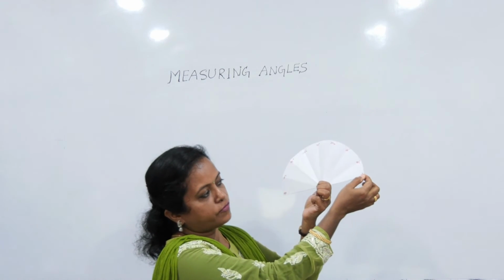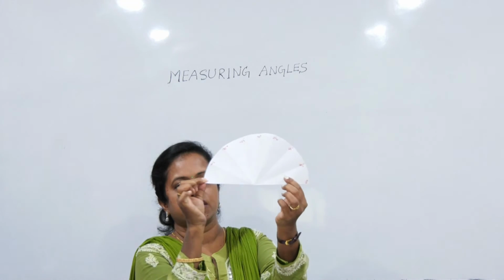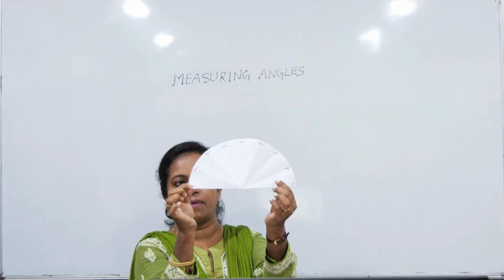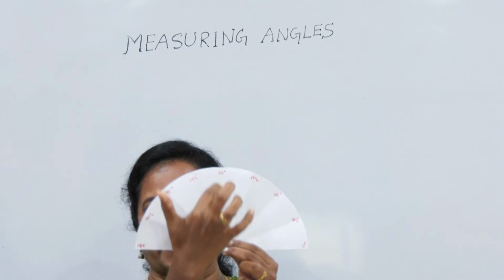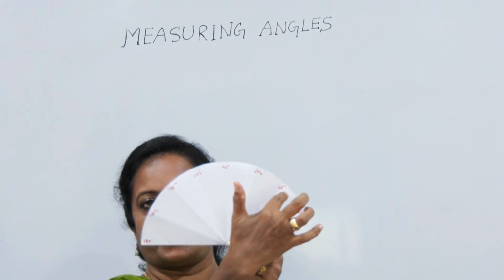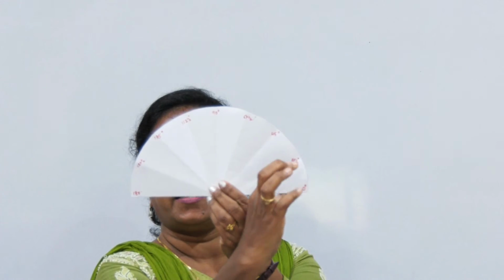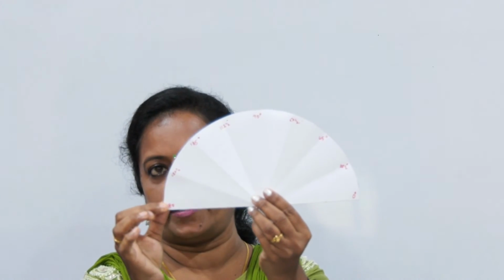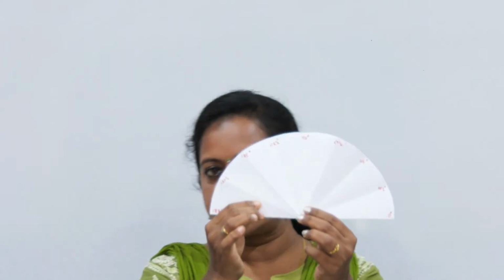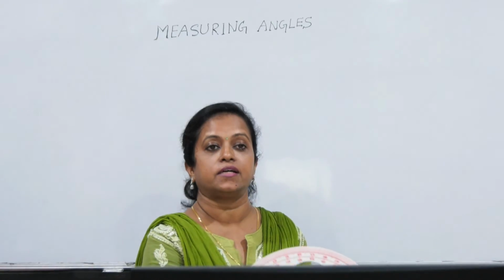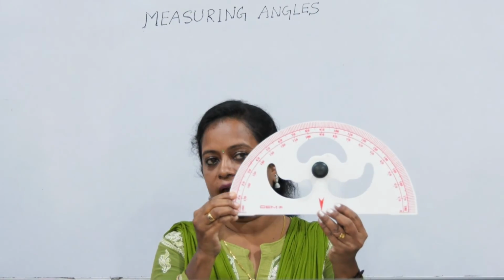You can see here we had started from 0, and the other end was 180 degree, and at the mid you have marked 90 degree, half of which was 45 degree, and opposite to which you have 135 degree, and again half of 45, which we showed as 22.5 degree, and the other markings are also shown accordingly. So this is an improvised protractor which you have made by yourself, which shows some of the markings of the protractor. Now we will use the exact protractor, and we will learn how to measure the angles.